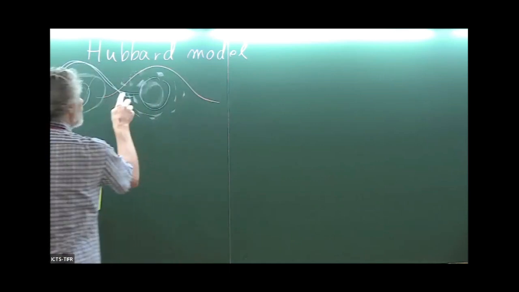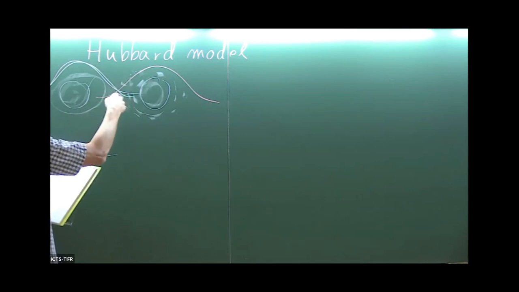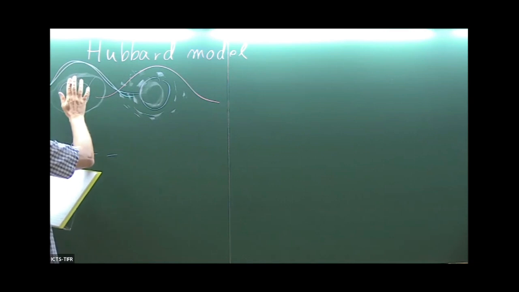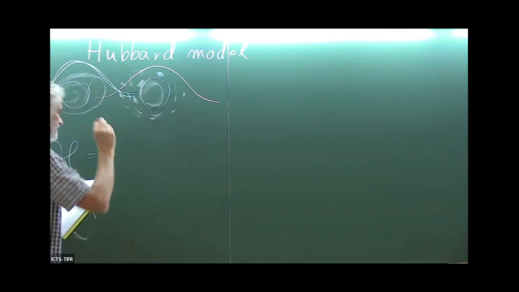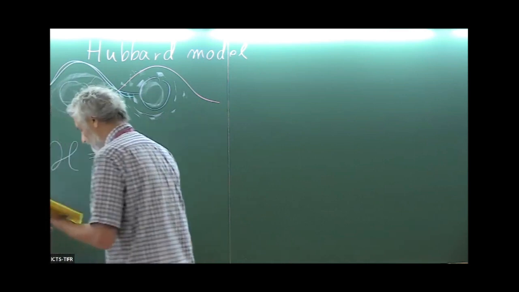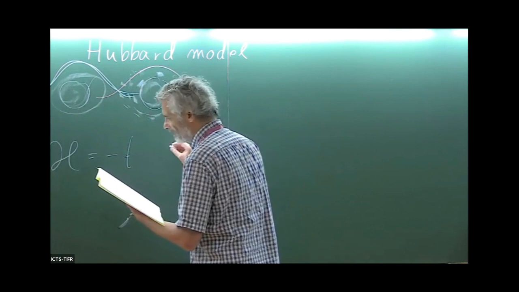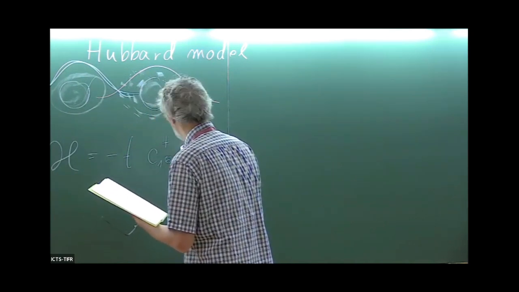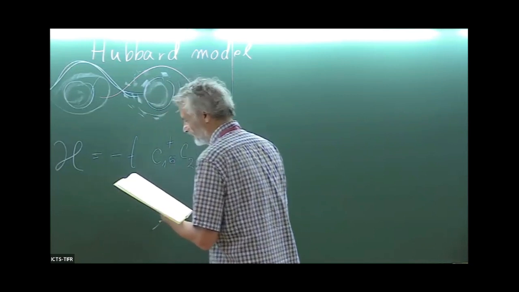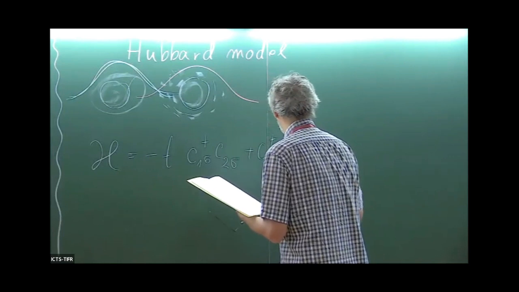Because of this small overlap, there will be a possibility for one electron on this side to jump over to the other side and vice versa. To describe this process, we introduce minus t times c1 sigma dagger c2 sigma plus c2 sigma dagger c1 sigma,